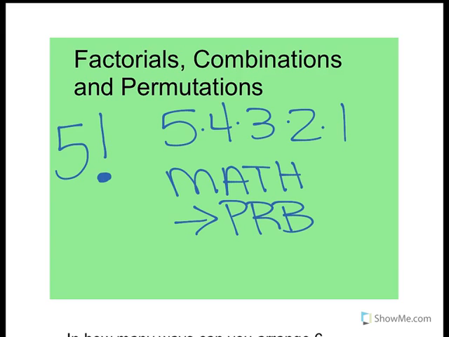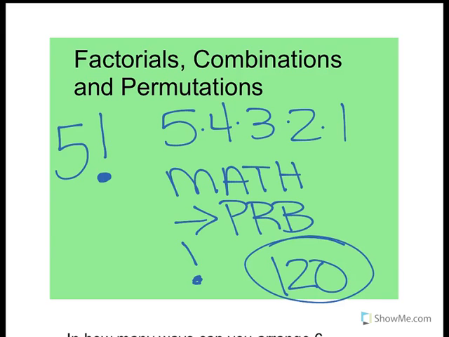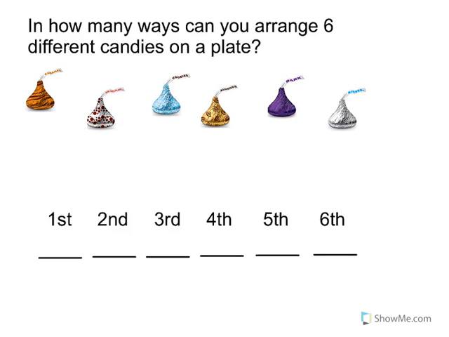Go to Math, go over to PRB, and then you're going to pick the factorial button, and I'm not sure which one that is. I think it's 4 on the yellow calculator. And then hit enter, and it should calculate it for you, and it should give you 120 when you get it entered. All right, so that's what we do when we're trying to figure out how many ways we can